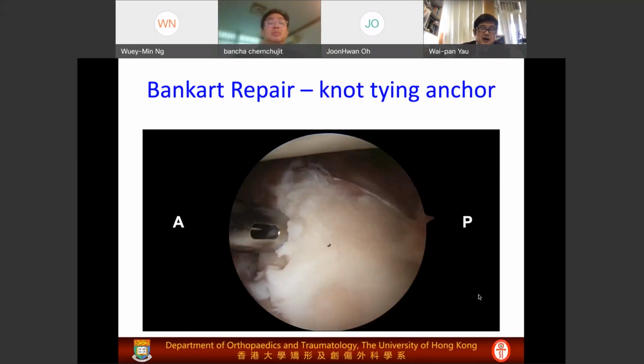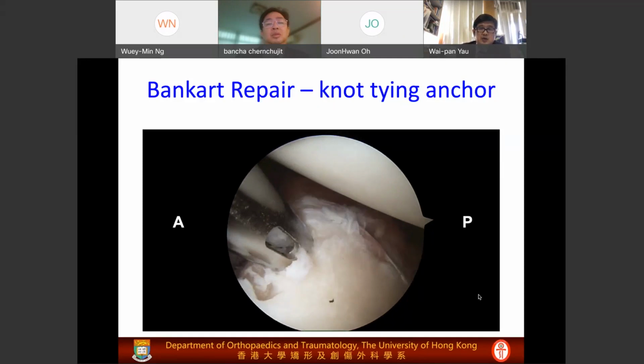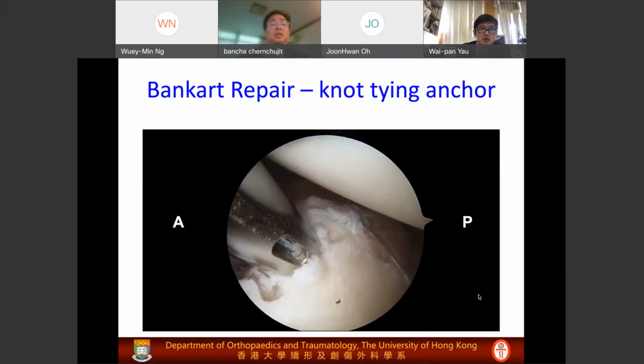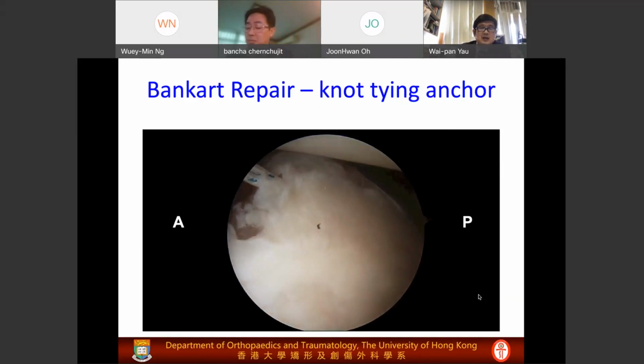The use of a curved flexible suture anchor like the 1.8 is very user friendly. It helps you to go to the good trajectory without much difficulty. I like to use a small anchor, the 1.8, which is double loaded. But this video was taken more than 10 years ago. I used a smaller anchor, which is only single loaded. But nowadays, I change it to double loaded. And then afterwards, I will put it up, and then I will take the suture to the posterior portal to